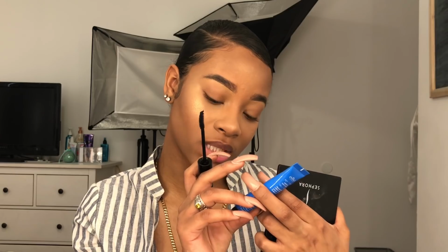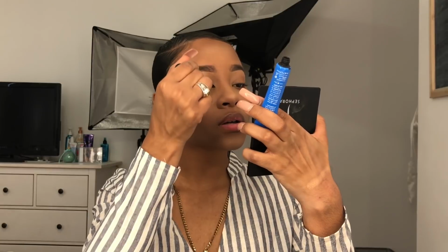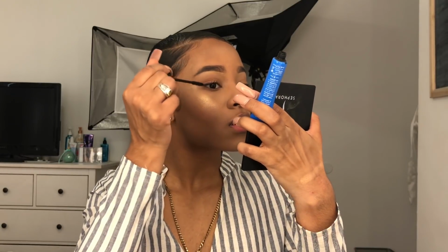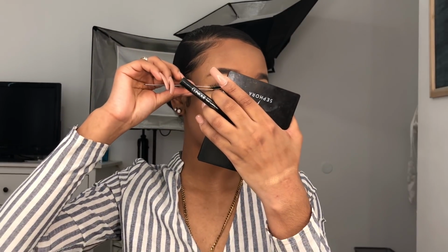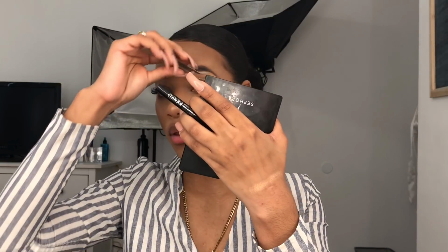From Ico London, I'm using the Lash Alert Mascara, Wake Up and Go. It's this one here, and applying that on my lashes. Actually, I'm gonna apply my lashes off camera, so I'll be right back. Tweezers, I'm gonna use this tweezer to squeeze my lashes and the falsies together